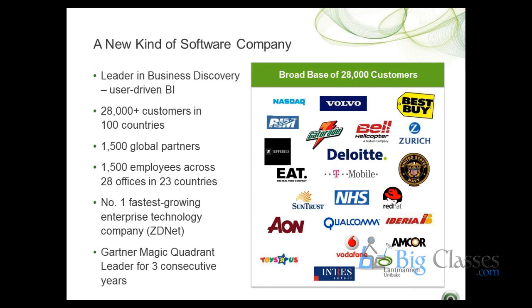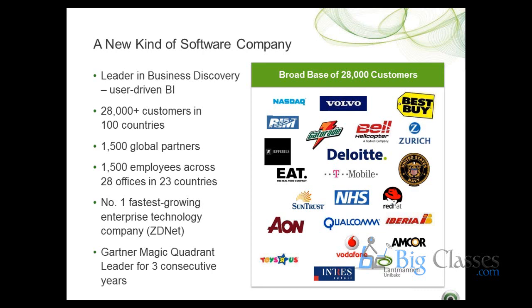To begin with, QlikView, as you would have realized if you have gone online, is almost the leading BI, business intelligence solution. But QlikView doesn't call itself a business intelligence solution; it calls itself a business discovery solution. So it allows users to discover data, discover value out of the data or information in a very easy and very comfortable